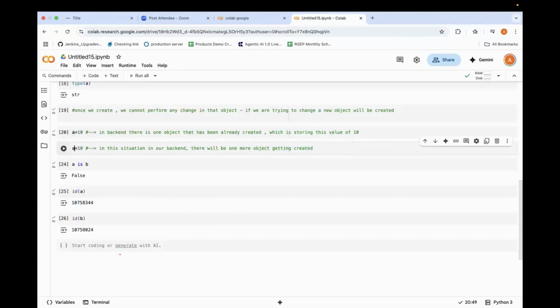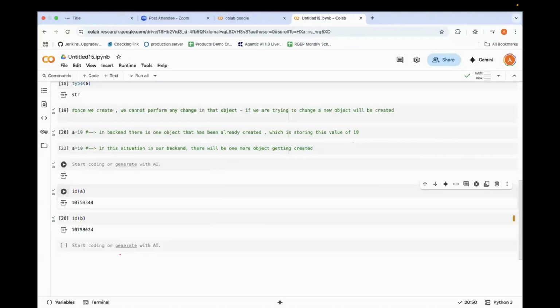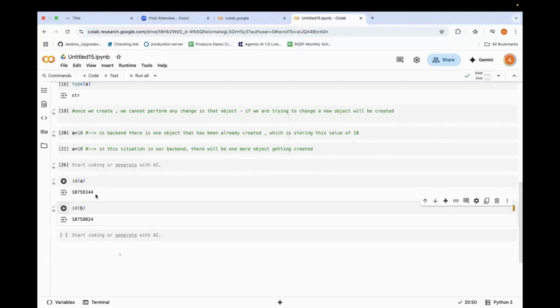Now if I just change this and do type of A, and type of A again, is it the same object I'm getting? I'll just change the value. A equals to 30. Is it the same object?